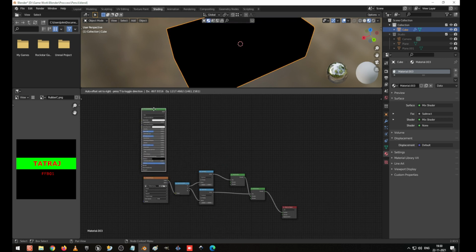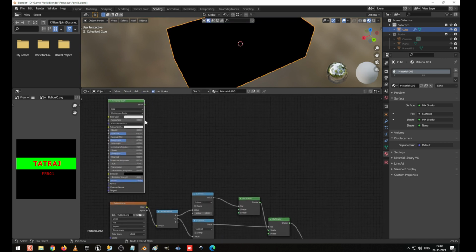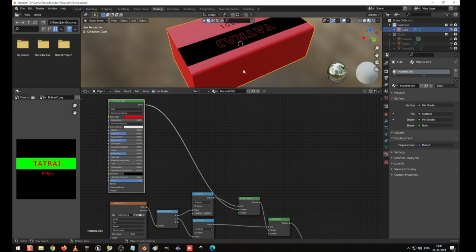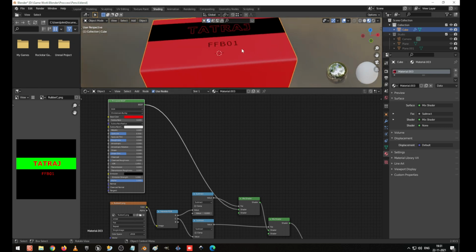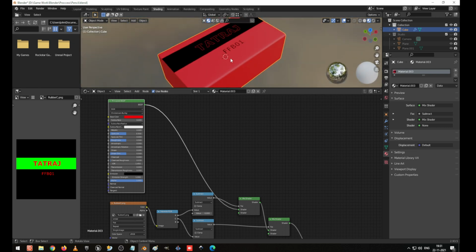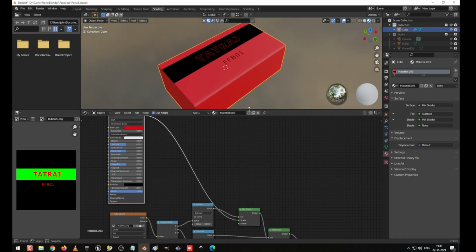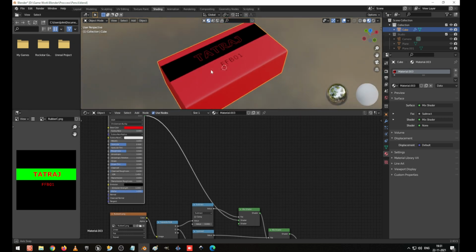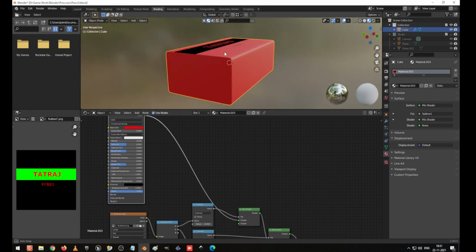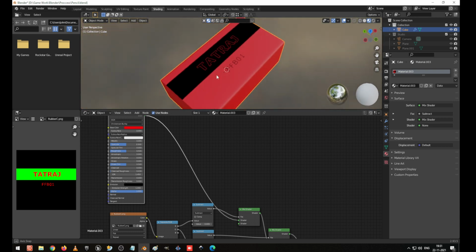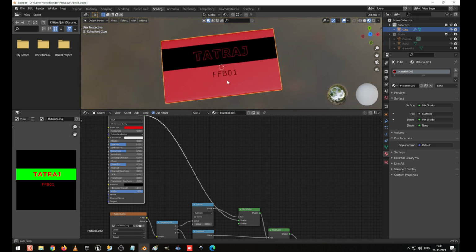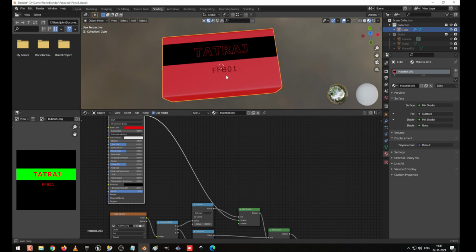Okay, I move this one like this here. Now this white I'm going to make it red, and I'm going to connect it to the first shader. Now you can see the red that I have given in this texture. You can see it has been applied only on the black surface, which is what we require, right? So this is the way of designing we can do.